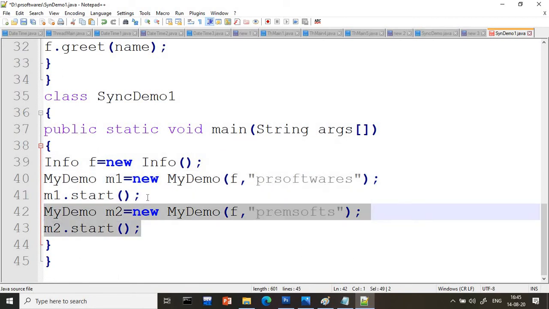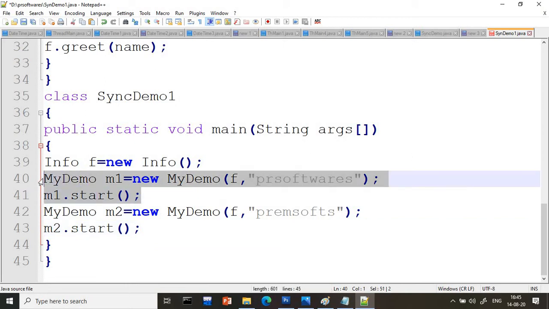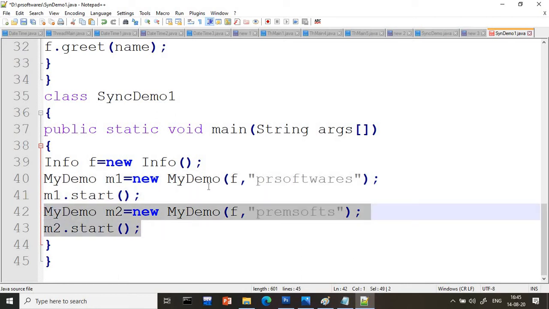So two threads are created here, thread 0 and thread 1. In the last video, part number 5, I explained in detail about this, how the threads are created. You can check that one if you are getting any problem. So this is one thread and this is two thread. Nothing but two threads are calling the same class object, I can say.